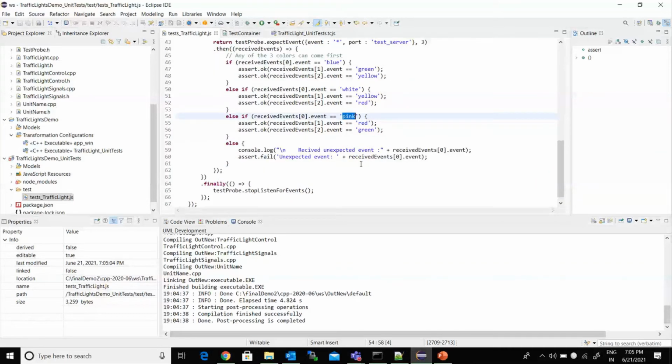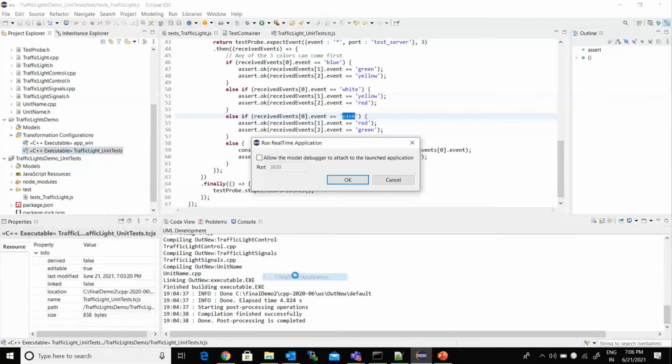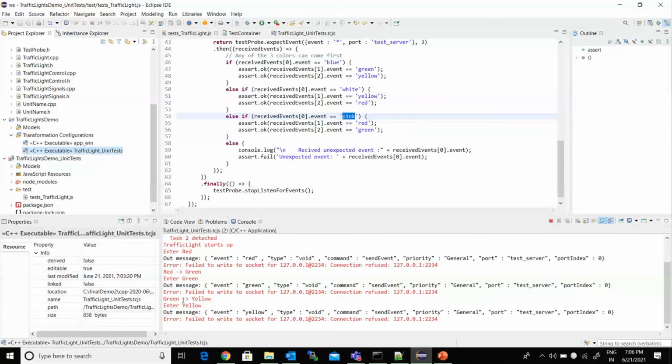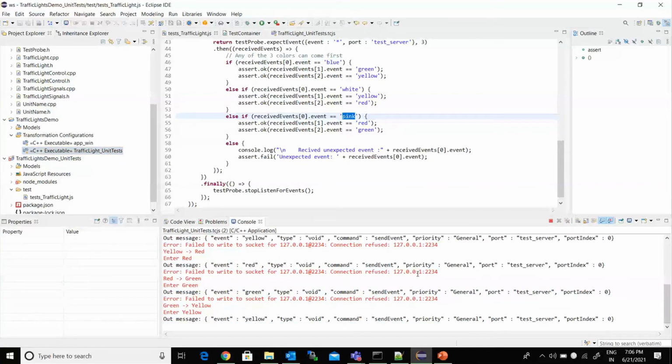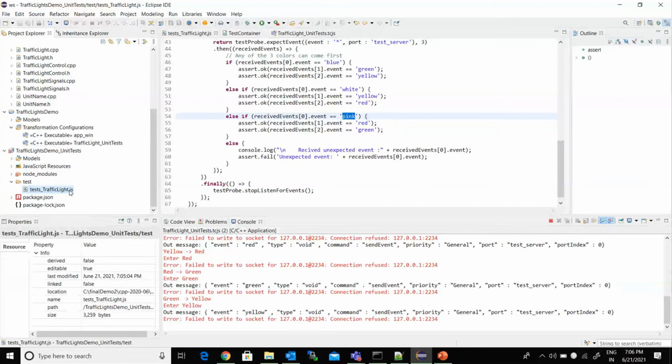First, we will start the test application using this command, run as real-time application on new TC. So here the test application got started, and the states of this capsule are getting changed every 2 seconds. Here we are getting this error message, not able to write to 2234, because we have not started the Mocha test scripts. I will start the Mocha test script by invoking this command, run as then JavaScript unit test on the Mocha file.